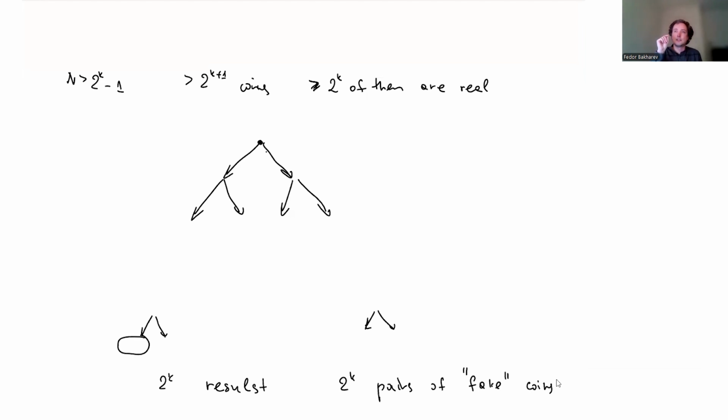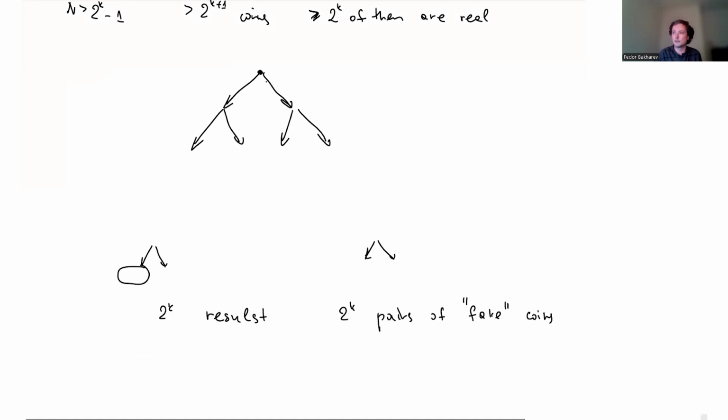And so we will get some 2 to the power k number of real coins, and all the rest we will define as fake coins. And in this case, it means that any of the scenarios will give us on the last step a pair where one coin is real. So I said something wrong. So we have 2 to the power k pairs of coins at the end,